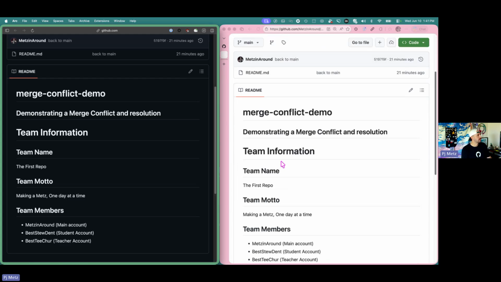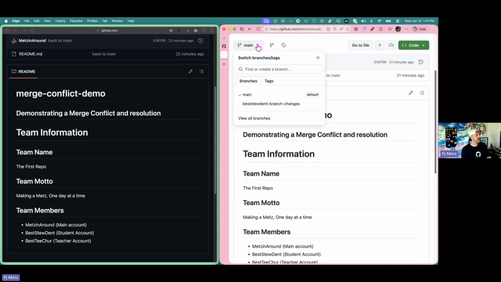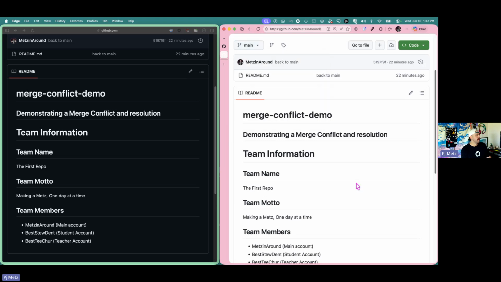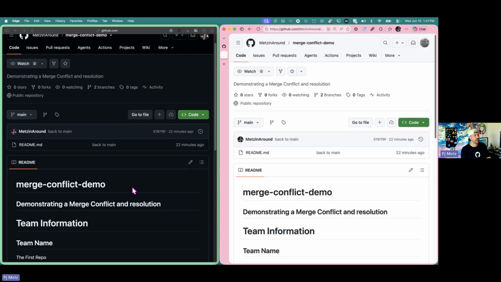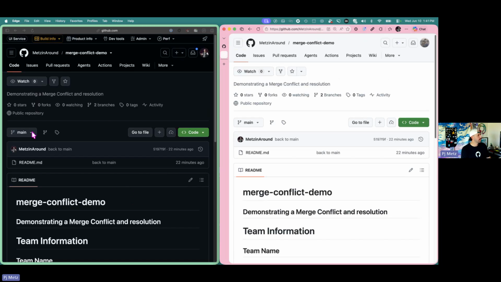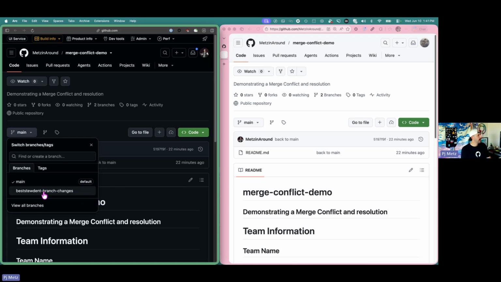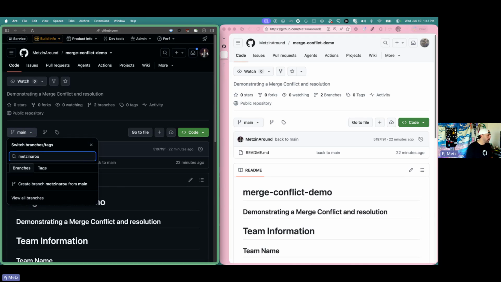This is how it looks. I have created a branch for best student that has no changes on it, but I also need to create a branch over here. So I'm going to show you a different way to create a branch real quick. I'm going to be over here on Metz and Around in dark mode. I'm going to click main, and I can start typing a new branch name, and I'm going to do Metz and Around dash branch dash changes.